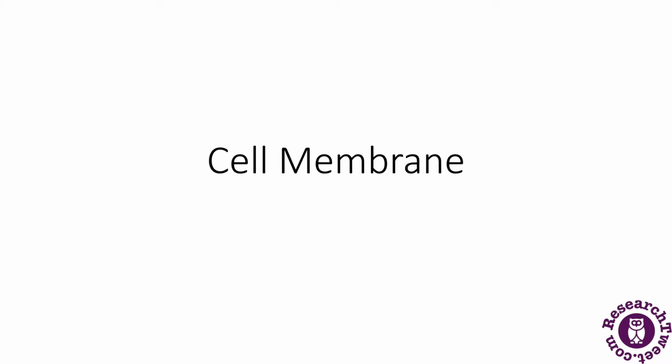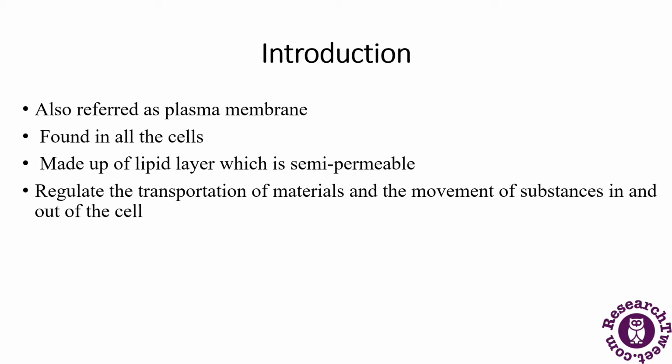Cell membrane is the outermost covering of the animal cells, and it is a semi-permeable membrane which is composed of lipids and proteins. This is what a cell membrane is. Now we will be discussing some of the functions of the cell membrane, a diagrammatic representation of the cell membrane, and then the fluid mosaic model also. So let's start. This is also known as the plasma membrane.